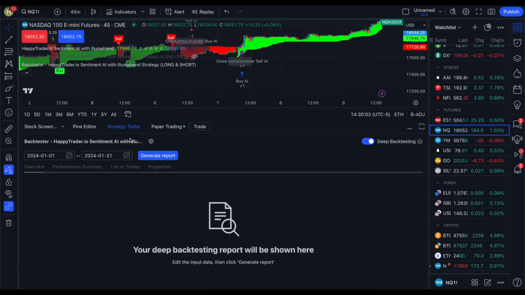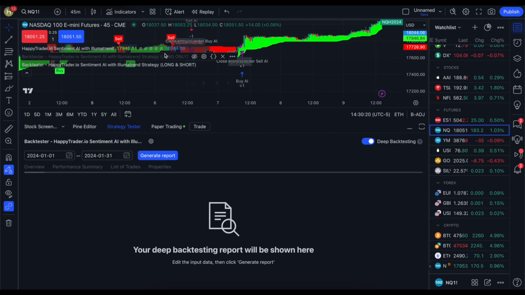So now we have the strategy tester. Everything's in there. We're looking at the long and the short. We're looking at just 1 month. Keep in mind, S&P 500 buy and hold, most people with retirement accounts, 7 to 11% per year on average, okay? So we're looking at 1 month.